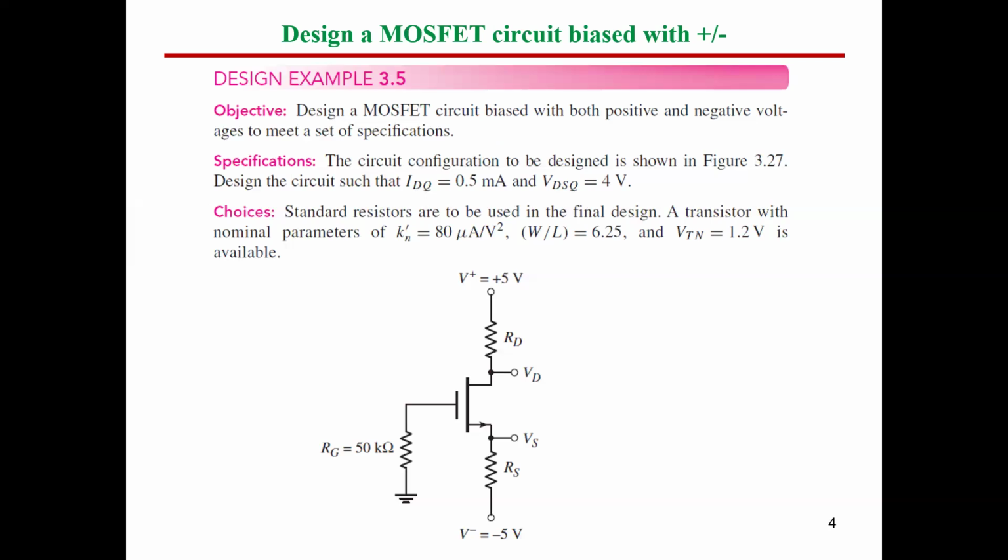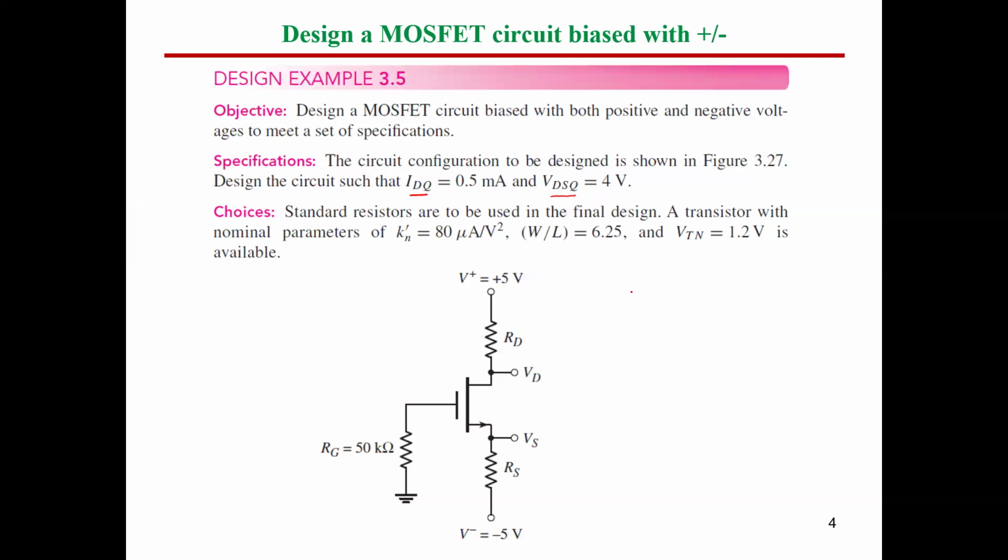So I need to have a certain value of ID and VDS. So let's say this is N-channel MOSFET, so I need to have a certain ID, and I will call it IDQ, which is the operating current, and VDSQ, the drain to source volt of the operating point. So I need to have a certain value for these two